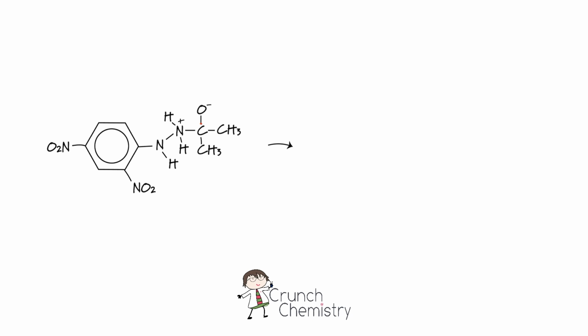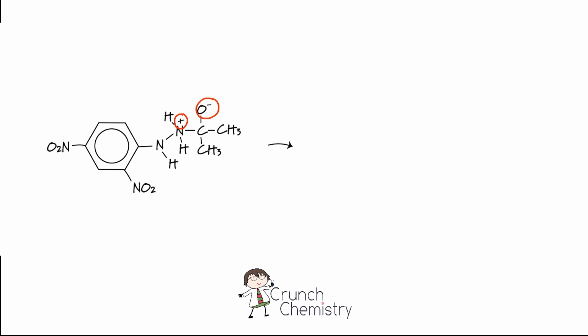This lone pair of electrons is now a bond between the nitrogen and the carbon. And as we can see, the result is that nitrogen is now carrying a positive charge because it's making 4 covalent bonds. It's lost its lone pair. The oxygen which took on a pair of electrons is now negatively charged. The easiest way for nitrogen to regain its lone pair of electrons is to kick out a hydrogen, and that's exactly what it does. The hydrogen is kicked out, and the electrons from the nitrogen-hydrogen bond return to the nitrogen